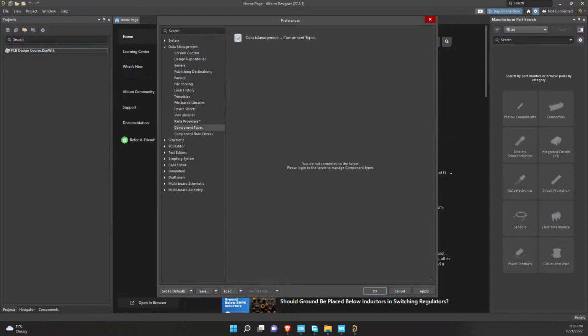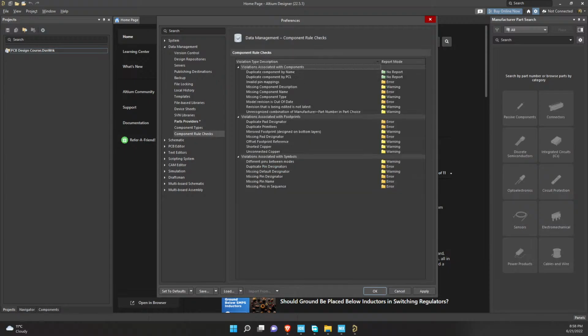Component types, this will depend on our libraries. So we don't have anything to do at the moment here. And then component rule check, these will also be set up as we progress in the course. For instance, what happens here is that it will be checking the component per se, how you have designed it, all right? But normally we do not get to deal with this, okay? So